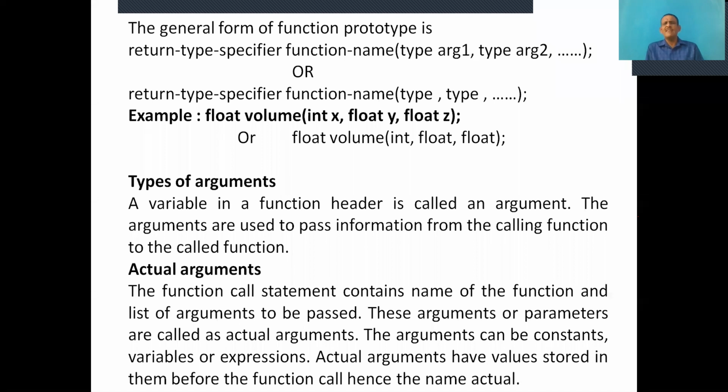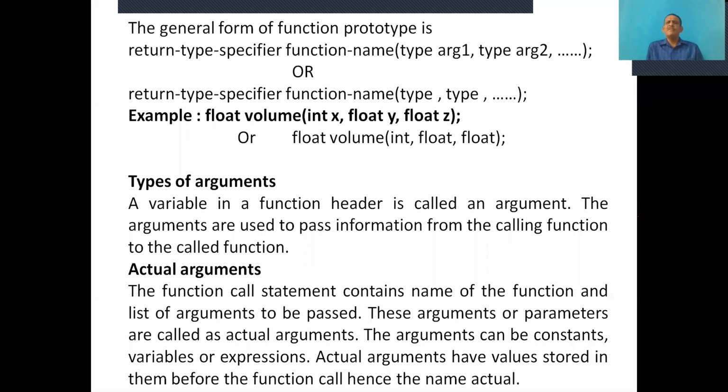We all know that the return type specifier is a data type. After execution of that particular function, it is the type of value it may return. That is nothing but the return type specifier. In this example, that is float. It means after execution of this function, we get the answer in the form of float. Then, to identify the function, we have the function name called volume.